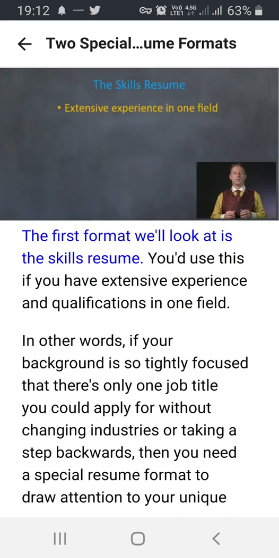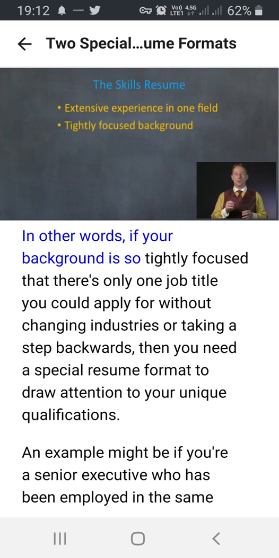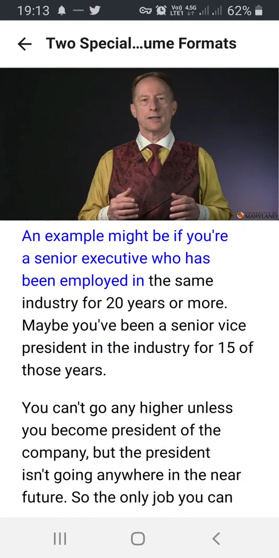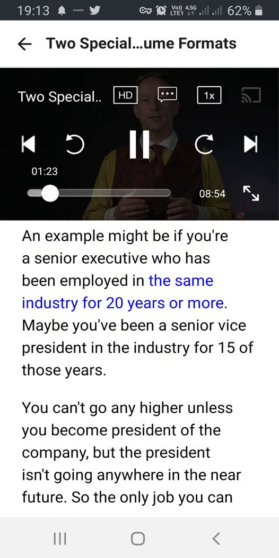The first format we'll look at is the skills resume. You'd use this if you have extensive experience and qualifications in one specific field. In other words, if your background is so tightly focused that there's only one job title you could apply for without changing industries or taking a step backwards. Then you need a special resume format to draw attention to your unique qualifications. An example might be if you're a senior executive who has been employed in the same industry